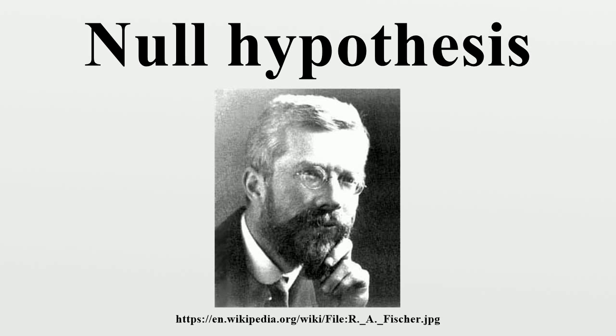Example: given the test scores of two random samples of men and women, does one group differ from the other? A possible null hypothesis is that the mean male score is the same as the mean female score. H0: mu1 equals mu2, where H0 equals the null hypothesis, mu1 equals the mean of population 1, and mu2 equals the mean of population 2. A stronger null hypothesis is that the two samples are drawn from the same population, such that the variances and shapes of the distributions are also equal.